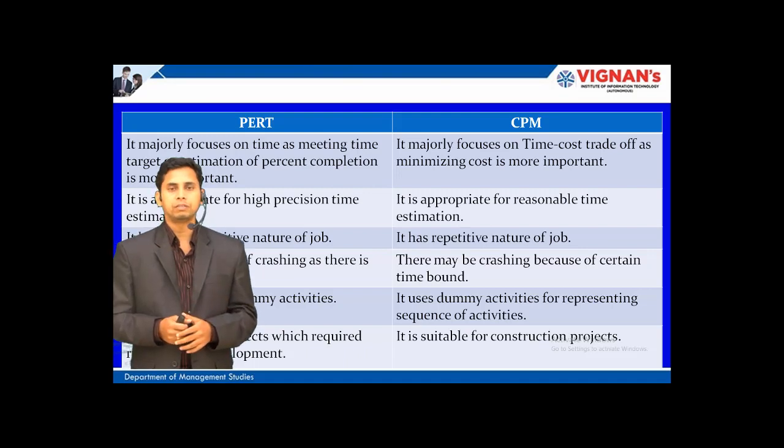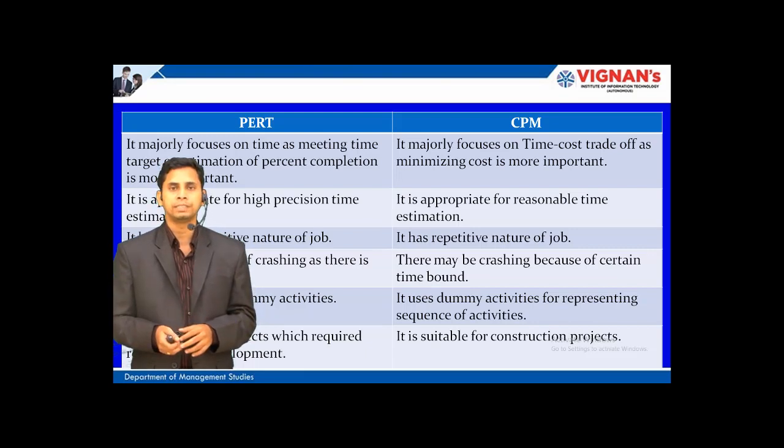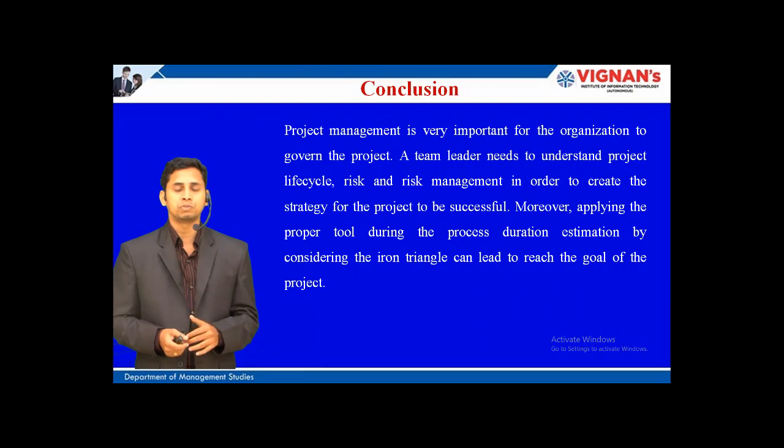PERT has a non-repetitive nature of job, whereas CPM has a repetitive nature of job, because depending upon the crashing of events you are supposed to repeat. Also, PERT does not use any dummy activities, whereas in CPM you use dummy activities to represent and keep the events in sequential order. And PERT is suitable for projects in research and development. So mostly for projects related to research and development, PERT is used, whereas the CPM technique is mostly useful for the project